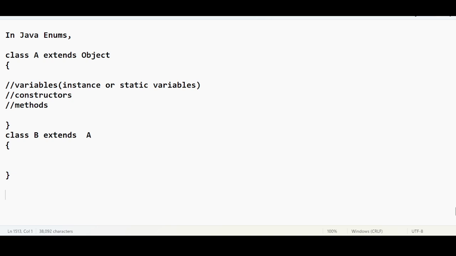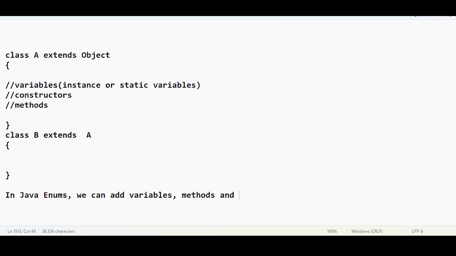Likewise, do we have any flexibility with the Java enums? I can say that in Java enums, we can also add variables, we can also add methods, and we can also add constructors. That is the first thing. Second thing, if you want to be very specific about the Java enum,